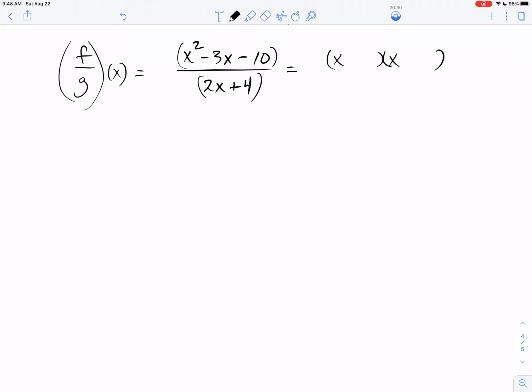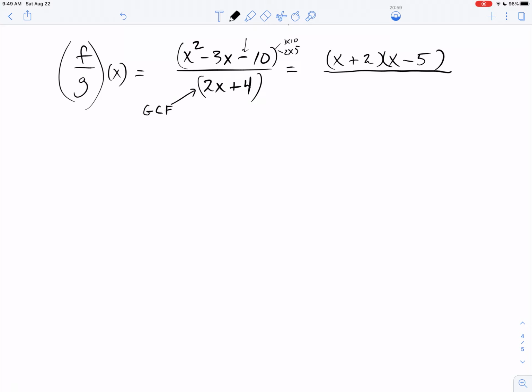X times x, that would be how I'd get x squared. In order to generate a negative 10, I could have a positive times a negative. But what goes into 10? Well, it's either 1 times 10 or it's 2 times 5. And in this case, hey, guess what? If that was a 2 and that was a 5, the top part would factor. Now, take a look at this guy. I'm also